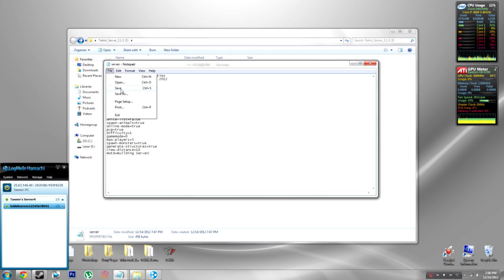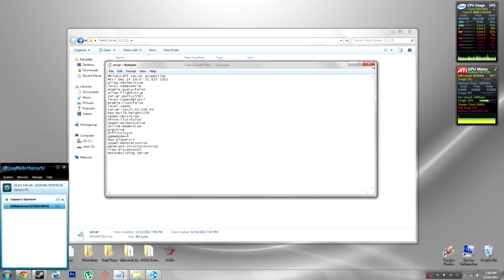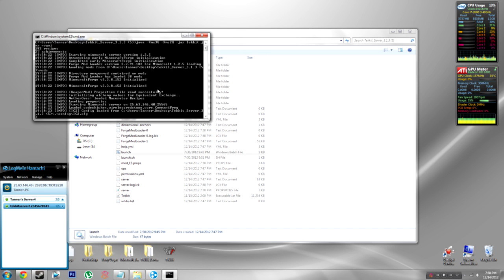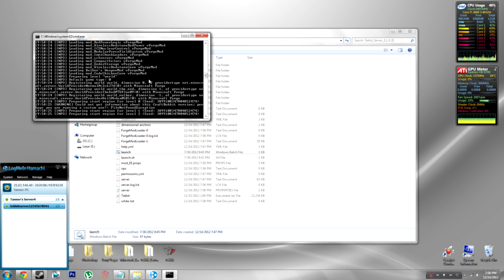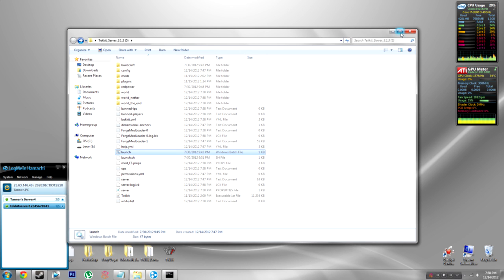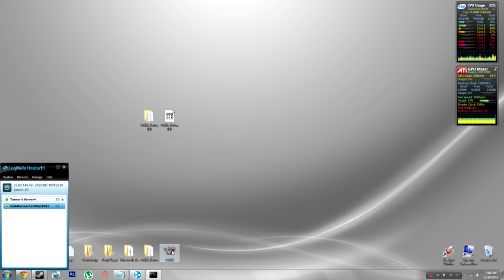Now you're just going to want to file and save this and close it out. And then that pretty much covers it. And then you can launch the world. Okay, it's open right now. So you're going to want to minimize this, close out of the folder, open up Tekkit,